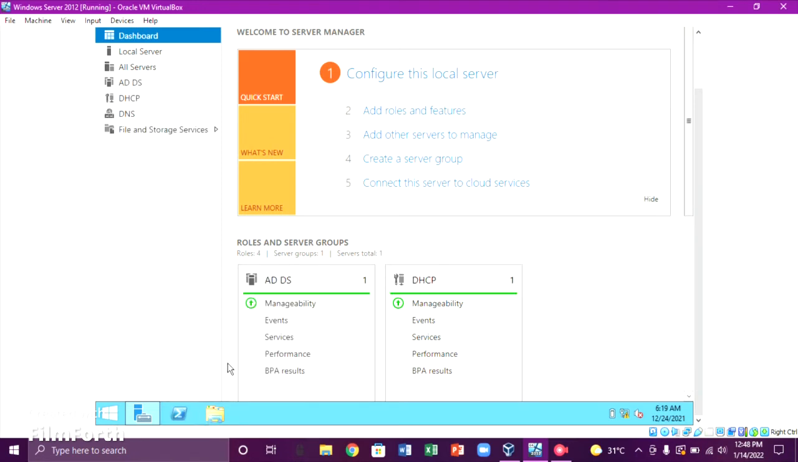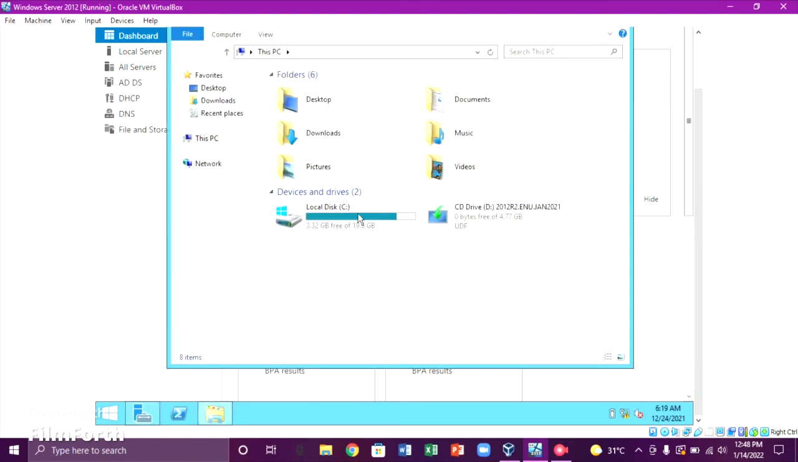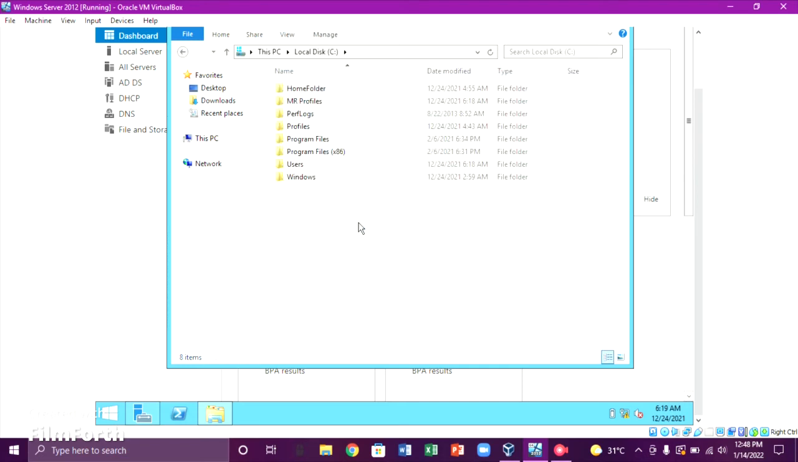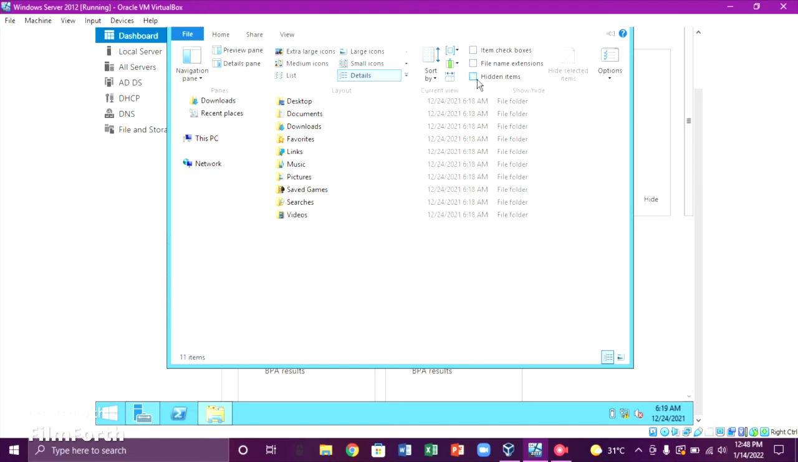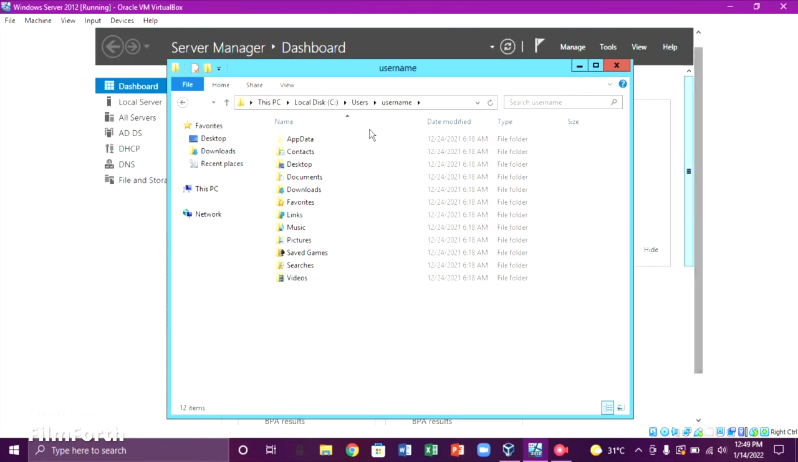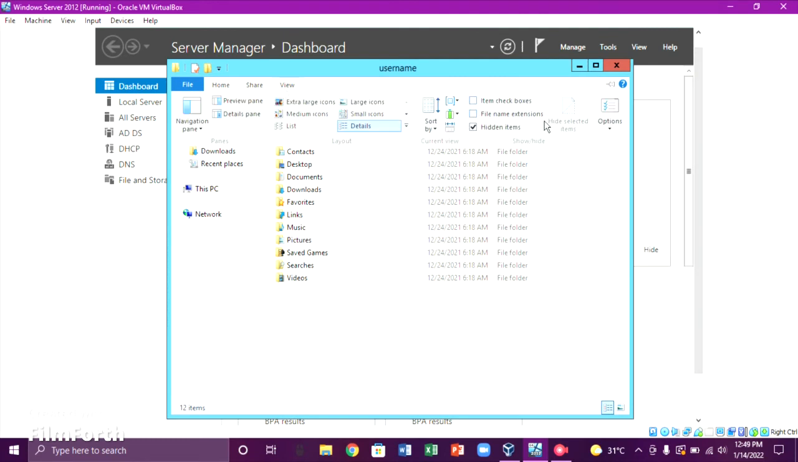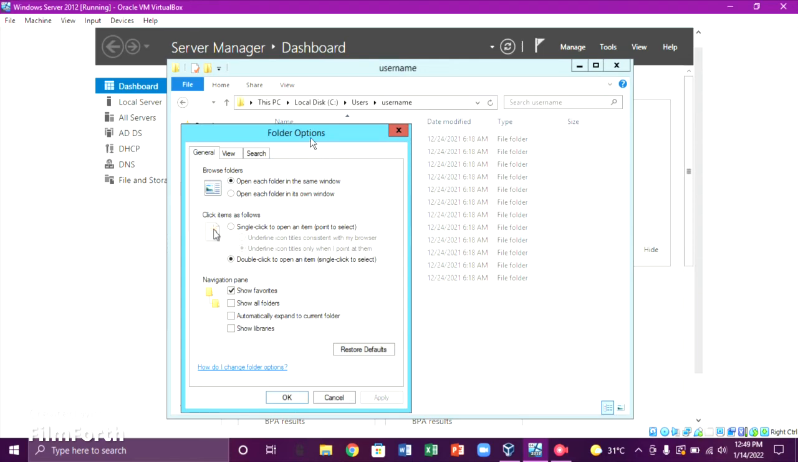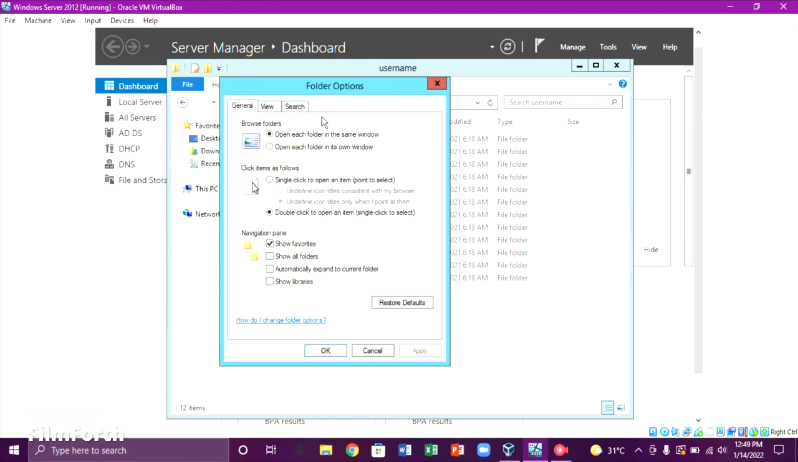So the next step, I'm going to open File Explorer, and I'm going to go to local disk, users, and as you can see, our user we have created is there. So I'm going to open that folder, and I'm going to select View and View Hidden Items. So there's a specific file we are looking for, so I'm going to go back to View, and I'm going to go to Options and click Change Folder. And I'm going to click View,